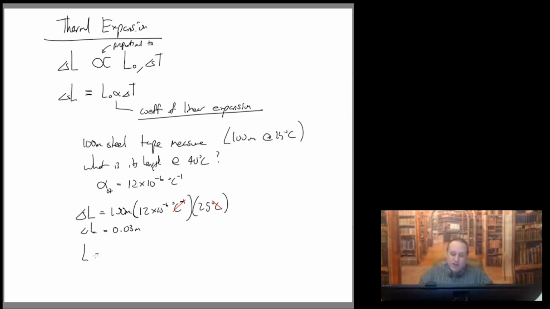So the L in general is going to be the initial length plus the change in length. So that's going to be 100.03 meters. So it will grow by 3 centimeters. That may seem like it's not much, but if you're in construction, when you measure something and your tape measure is a little longer than it should be, then you're going to be measuring things a little shorter than they should be. So it becomes particularly important with things like building bridges, where you have very long cables, very